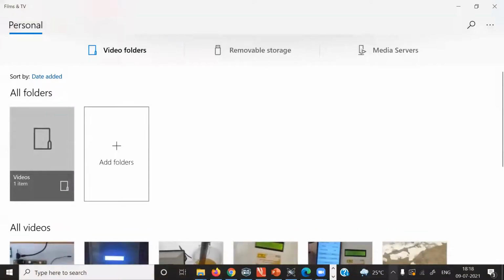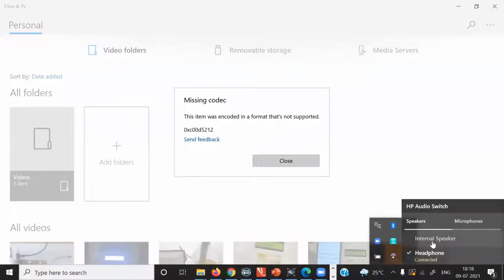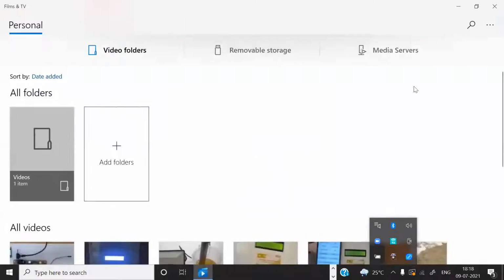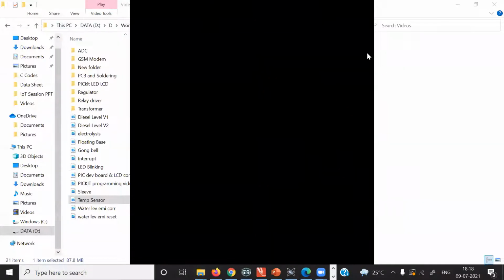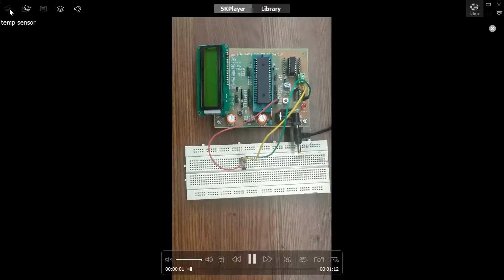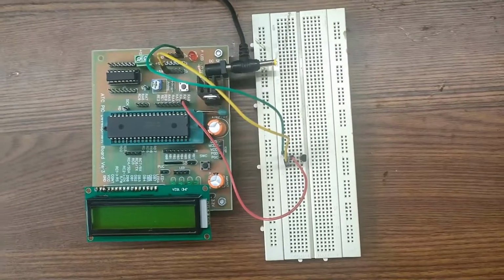In this video, I will demonstrate the use of the LM35 temperature sensor for measurement of temperature.